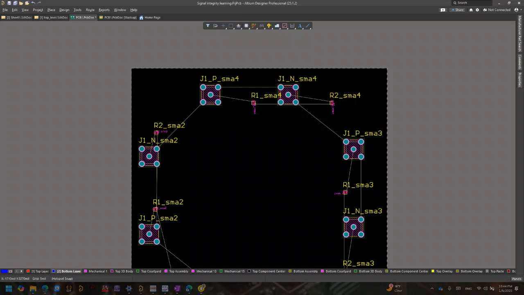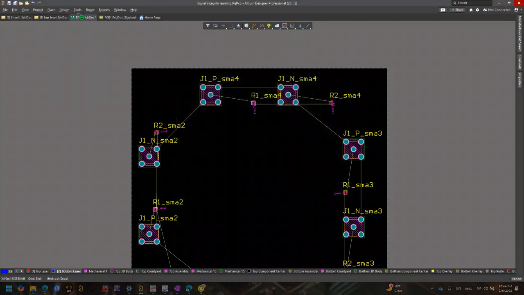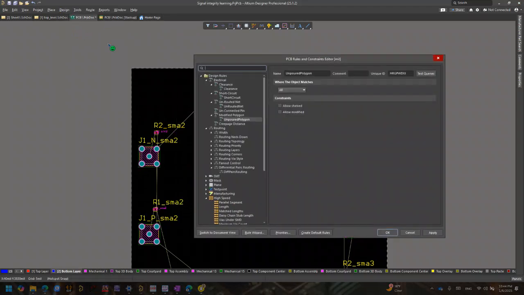I want to talk about one of my favorite design rules, which you can find under Design and Rules. You have these unpoured polygons, and you have two options: one called Allow Shelved and another called Allow Modified. The reason I like both of them, especially Allow Modified, is